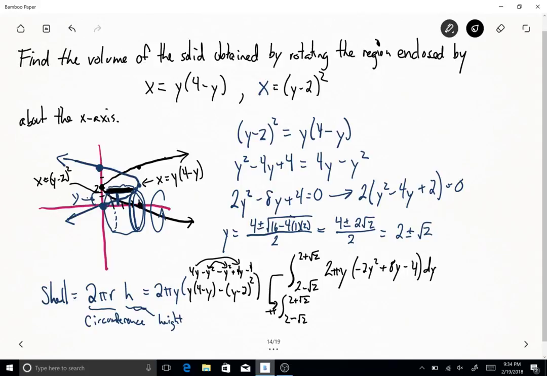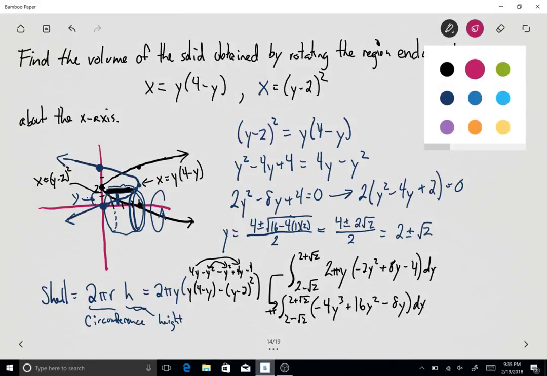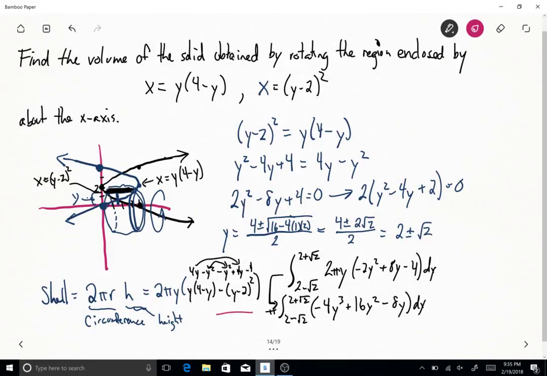And then we'll have negative 4y cubed plus 16y squared minus 8y. And then we have a dy. Wowzers, right? But we can solve this too. Might not be the prettiest thing we've ever seen, but